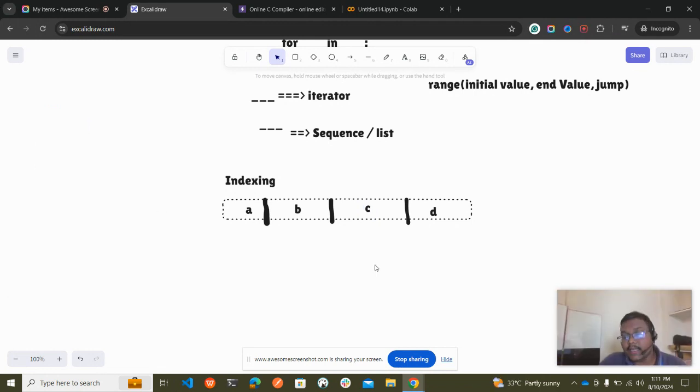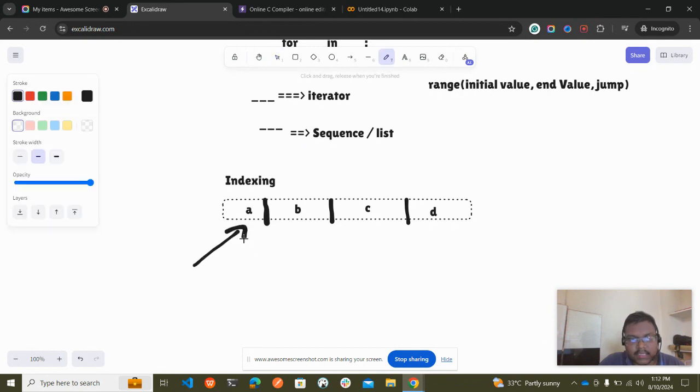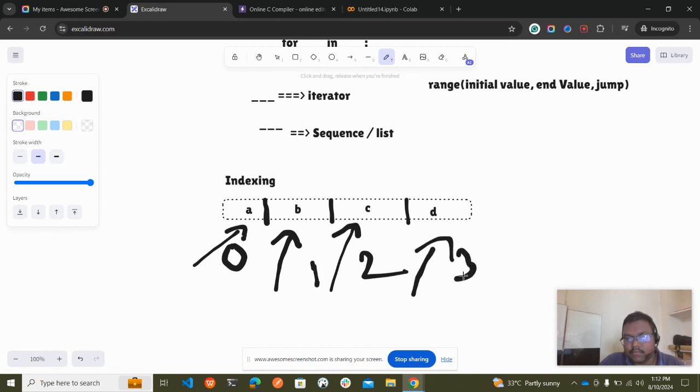So now the index in Python starts from 0, which means this a will be pointing to the zeroth position. This is nothing but the zeroth position, this is the first position, this is the second position, and this is the third position. Basically that's how they define the language.